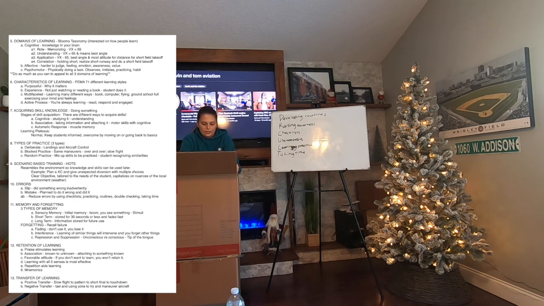Repression is unconscious and suppression is conscious. So this would be like pushing the memory back in your head that you don't want to remember, or your body says it was too traumatic for you to remember, so they're going to suppress it anyways. An example of this would be going up and doing power off stalls with a new student. You get uncoordinated, you get into a spin, and then you get on the ground and you try to brief them on what went wrong and what we should do next time. And they're like, what are you talking about? They experienced this PTSD type memory and they completely blocked it out because it was too traumatic. So that's repression. Any questions on that?